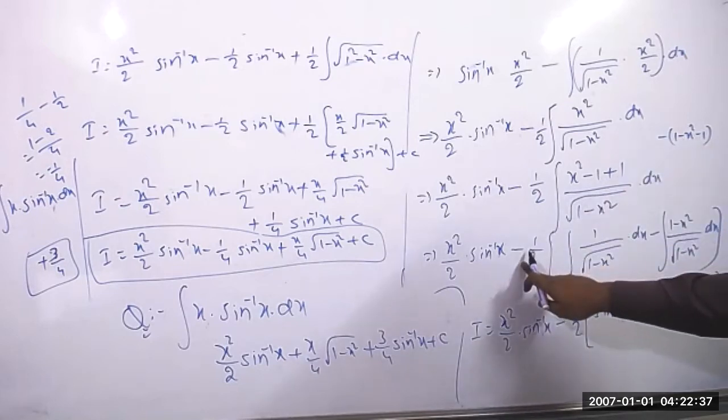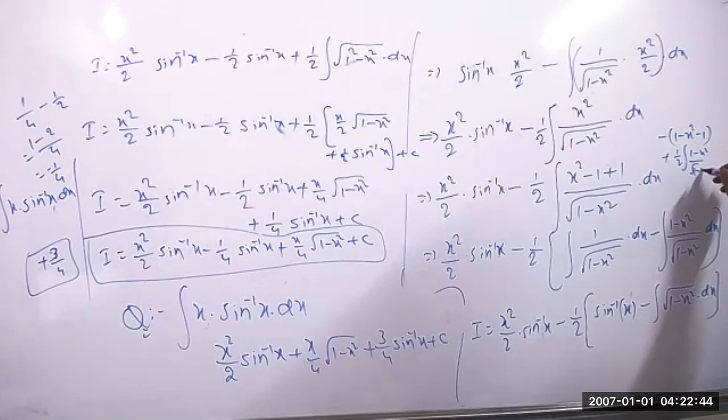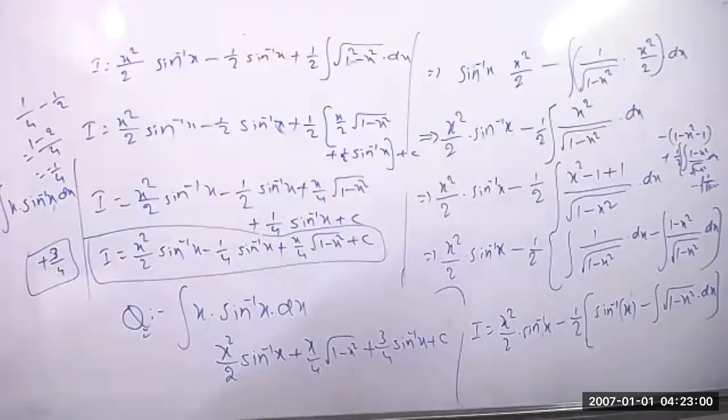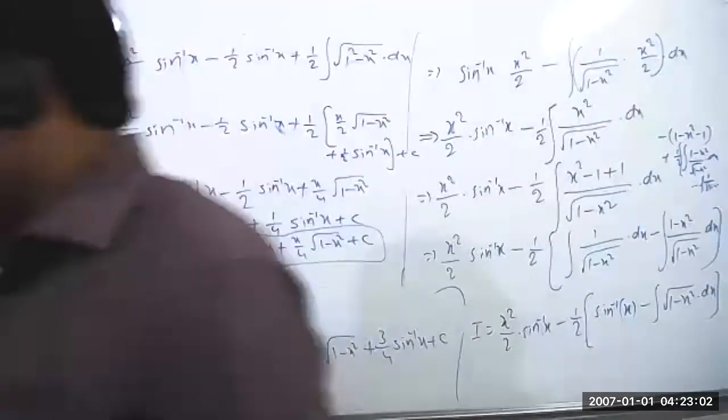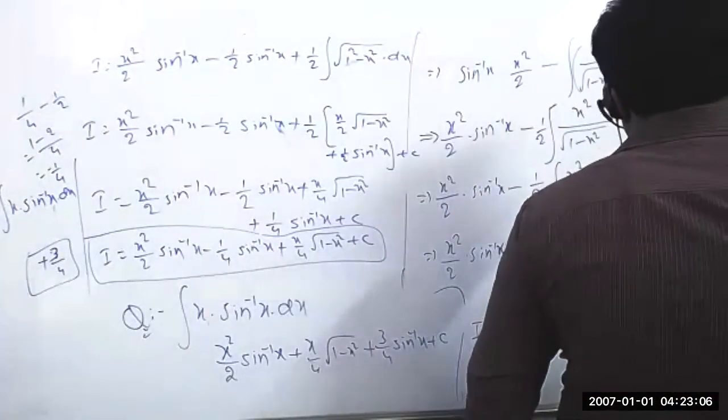You will get plus here. So plus into 1 by 2 into integration of 1 minus x square by root of 1 minus x square into dx. And so this is the minus 1 by 2 into minus 1 by integration of minus 1 by root of 1 minus x square. Again plus into minus equal to minus only. It's fine. Correct. Don't change that, because plus into minus equal to minus only.